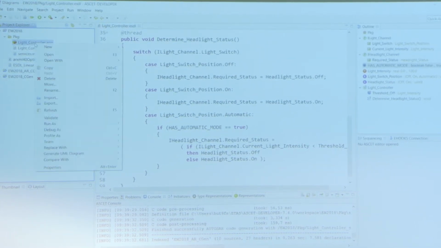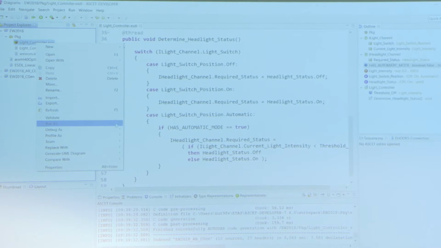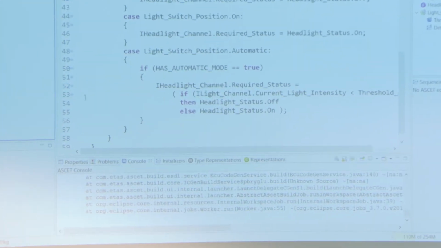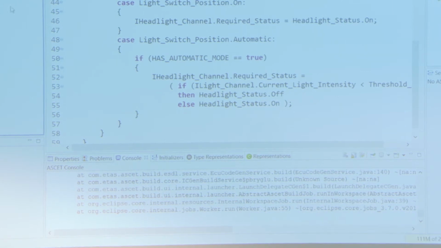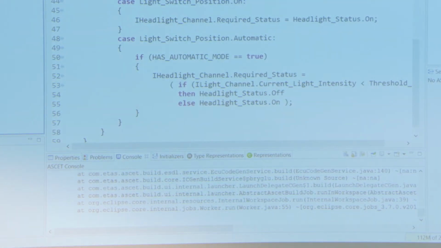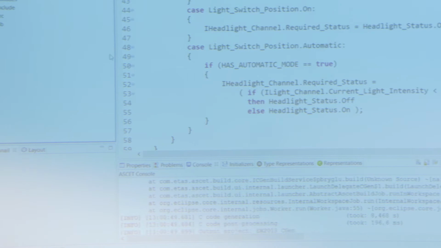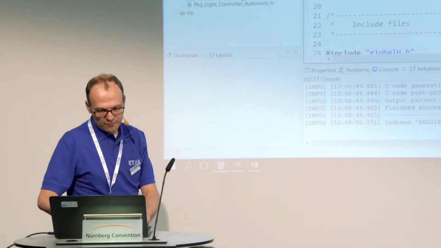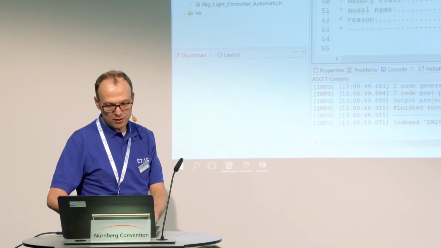And we can generate code for that, so I can do run as code generation here. And hopefully, other than it complaining about something, I'm running development software here. It will generate me, hopefully, some software down here. There we go. And it generates me a bit of a light controller here.